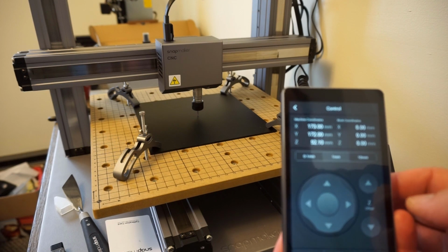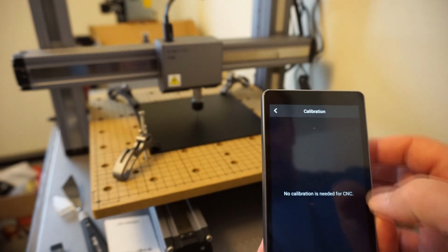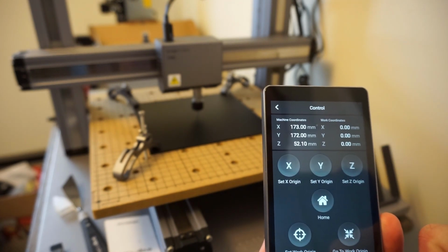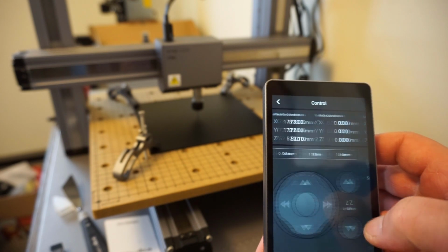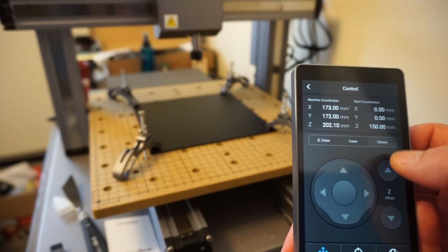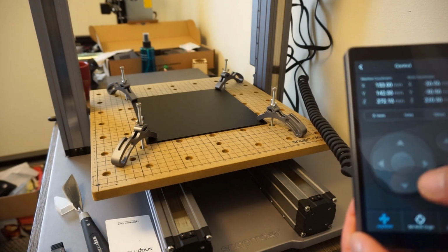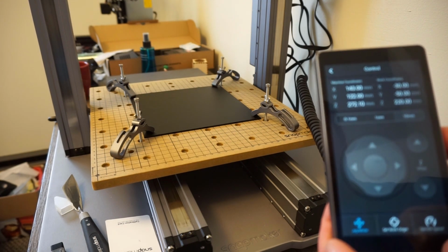Okay, control. That's not what I want. Calibration. Needed settings. Alright, I'll just test this out real quick. Go back here and put this up here. Take this way out. Stop it. Alright, there. Just going to do some stuff to move it off center, and then I'm going to go ahead and hit